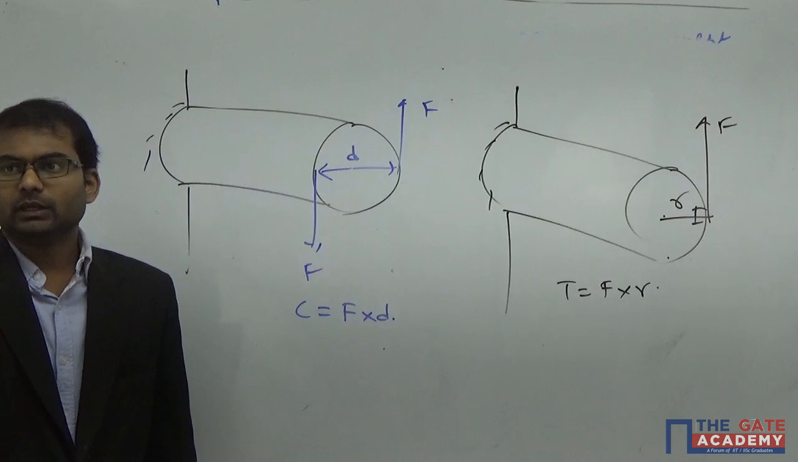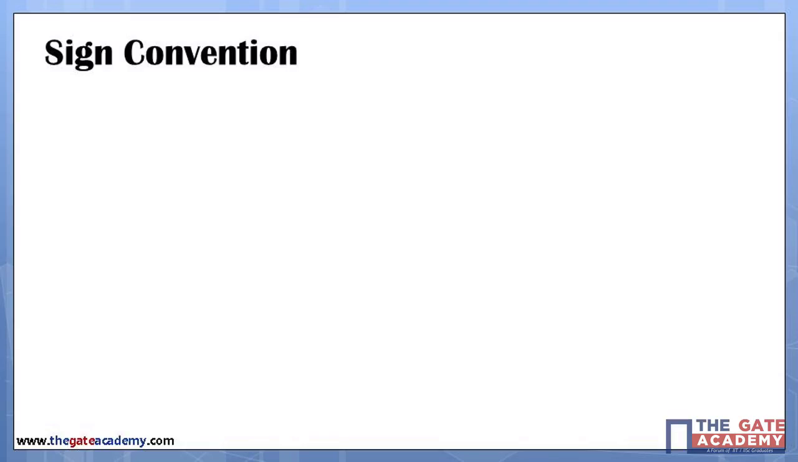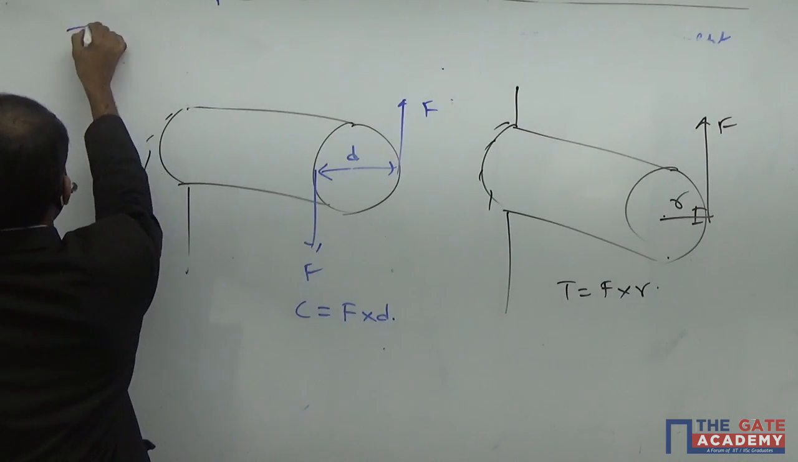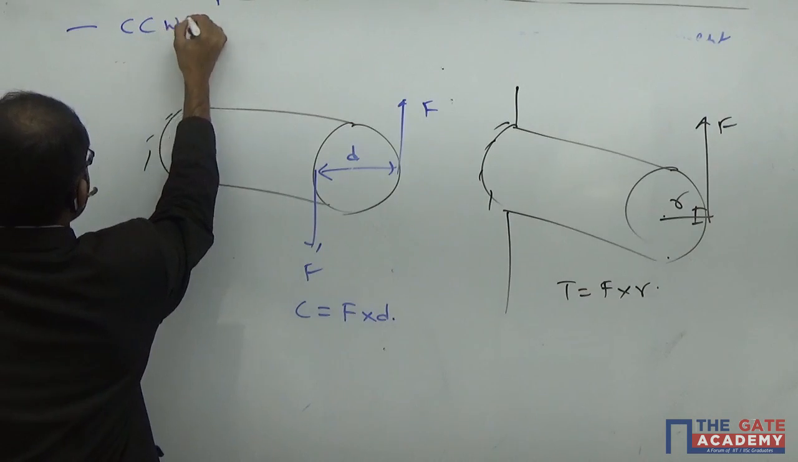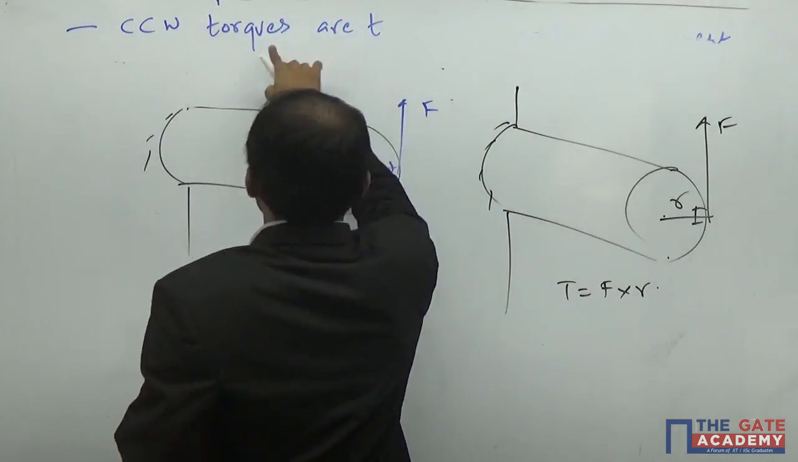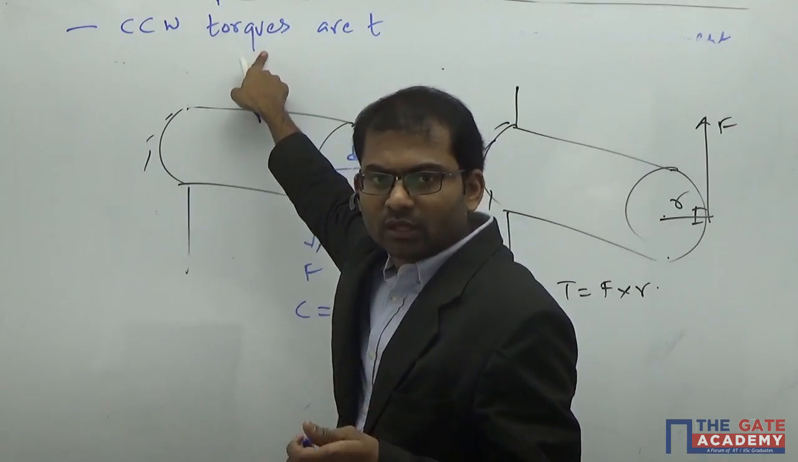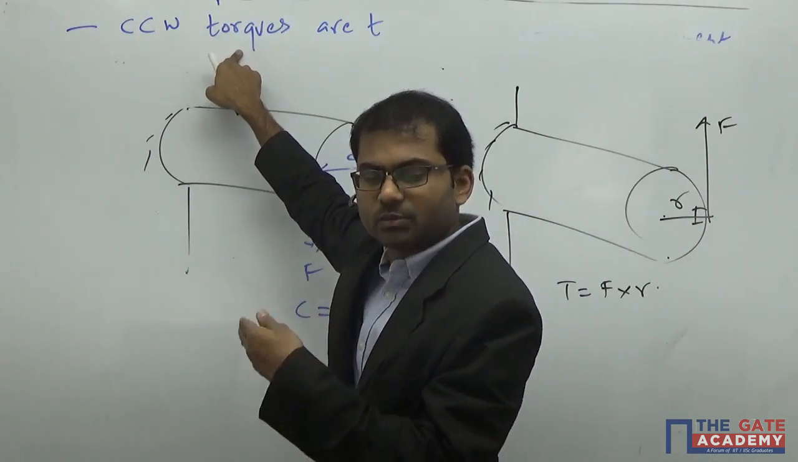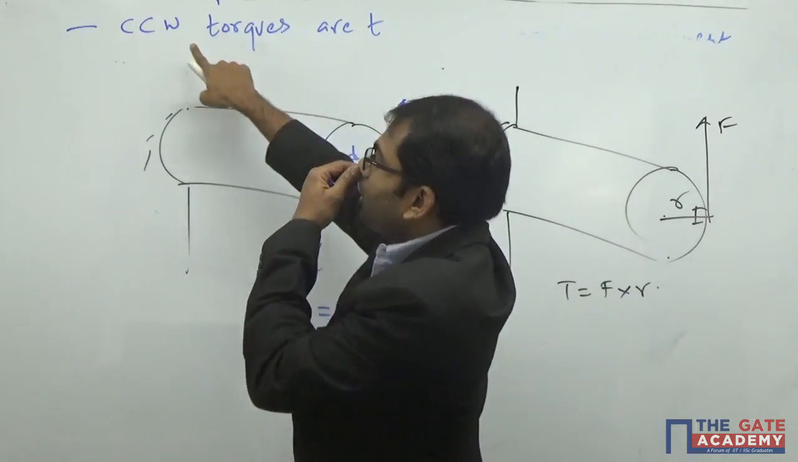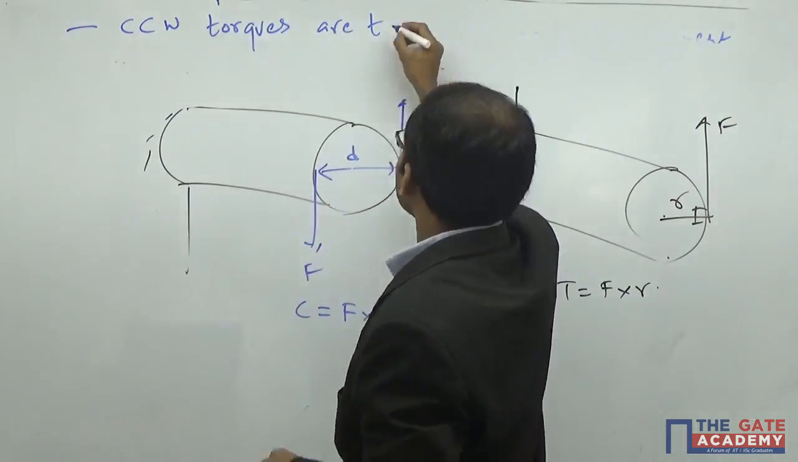Regarding the sign convention, the convention we follow is that counter-clockwise torques are taken. I am generally using the word torque, but it is the same for moment. You can use the word moment also, or couple, if two forces are causing this. So counter-clockwise torques or moments are taken as positive,